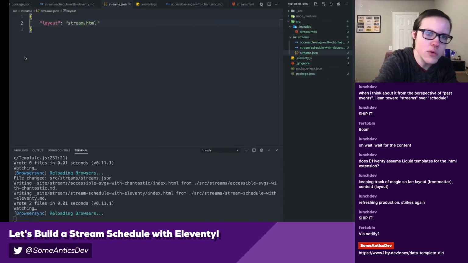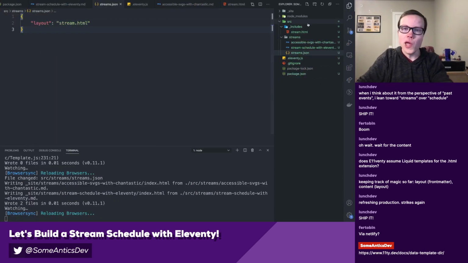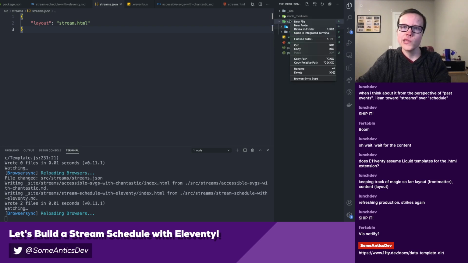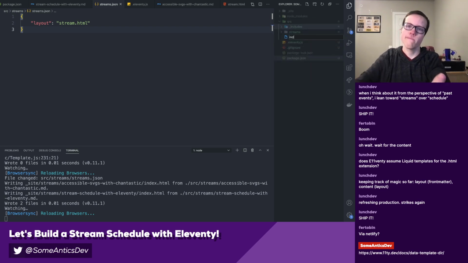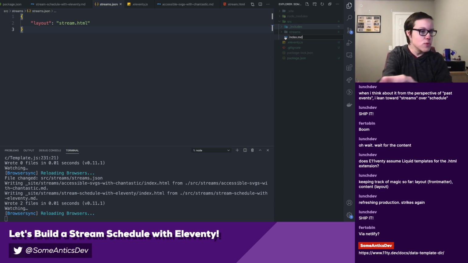To do that, I'm going to put this inside source and create index.md. And this name matters because Eleventy is going to take index.md at the root level of what it cares about, which is source, and turn it into index.html. And that makes it basically the root route for